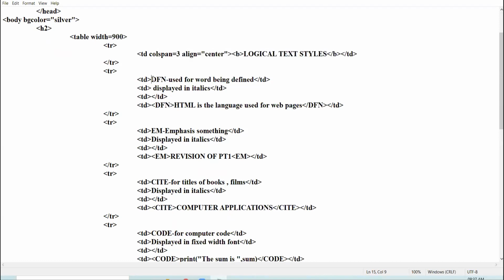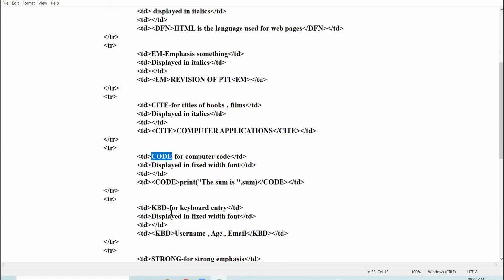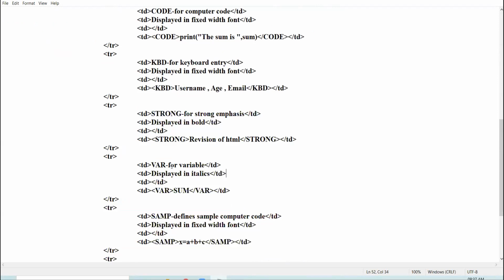Now, the first logical text style is DFN. Beta, these all are tags: DFN, EM, cite, code, KBD, strong, variable, sample. These all are container tags.